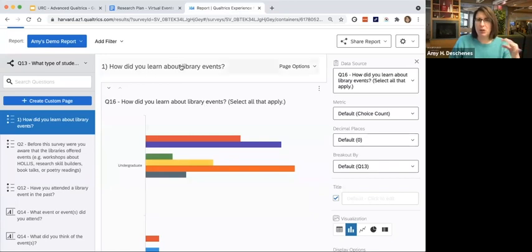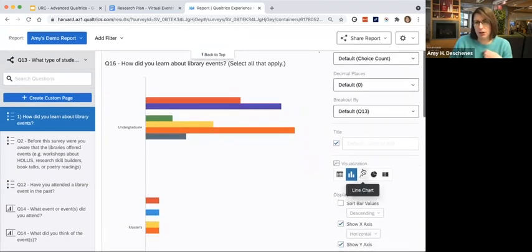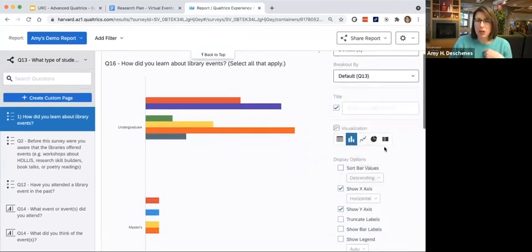So in case you had a page with multiple reports, you could give a little more context if you had multiple questions, and then use that chart title to do the title for the charts. This is where you can change the visualization. You can change it to a table view, which is just going to look like an Excel spreadsheet. You can do a line chart, you can do a pie chart or a breakdown bar.